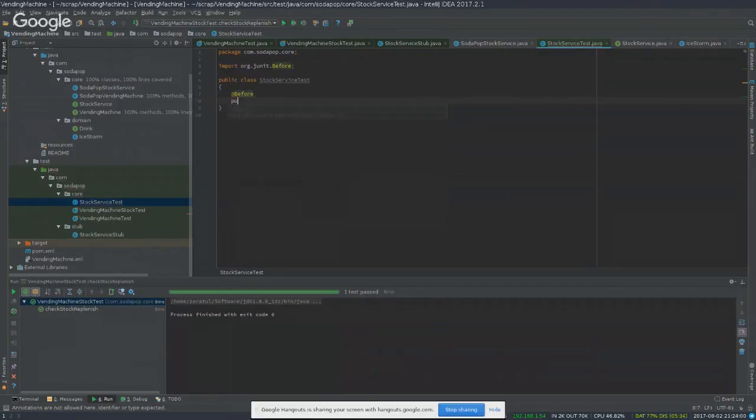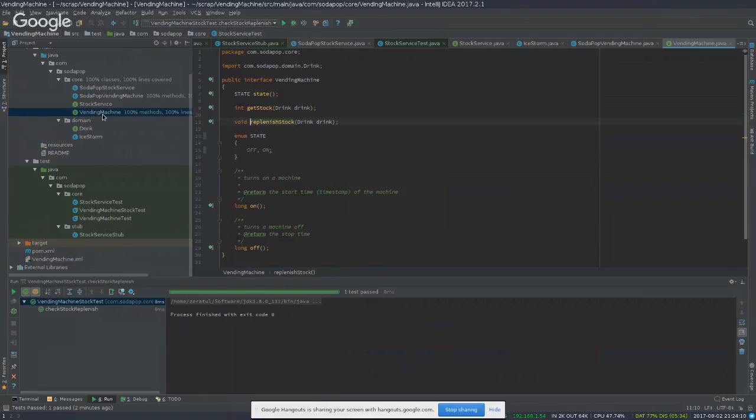Now it's going to be all about our stock service. So you see how cleanly we delegated first. We introduced the entry points. So we have our entry points now in the vending machine. We have our two endpoints: replenish stock, get stock. We introduced the concept, and we updated our code to have